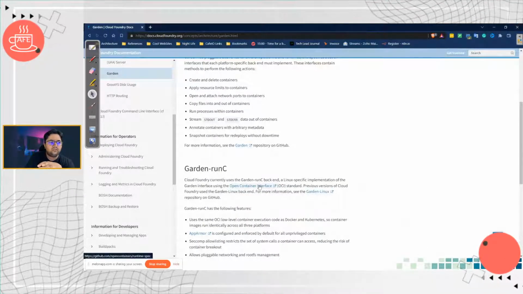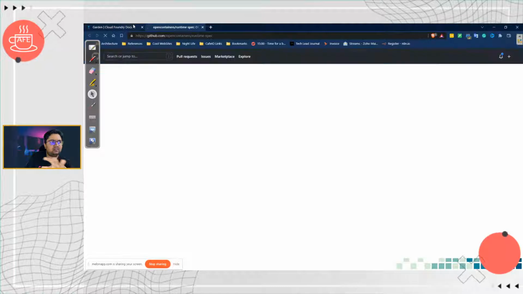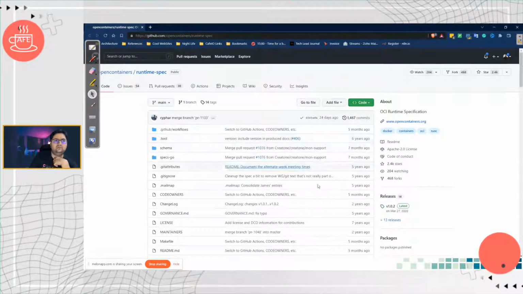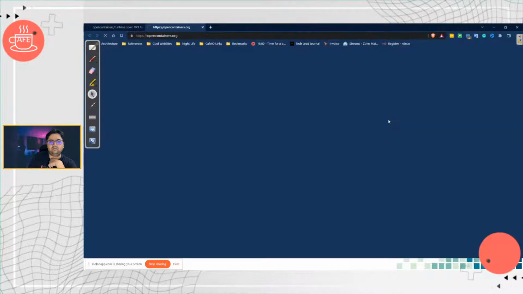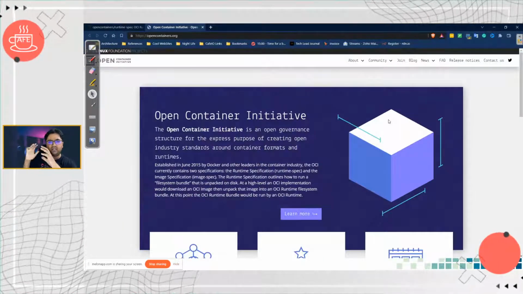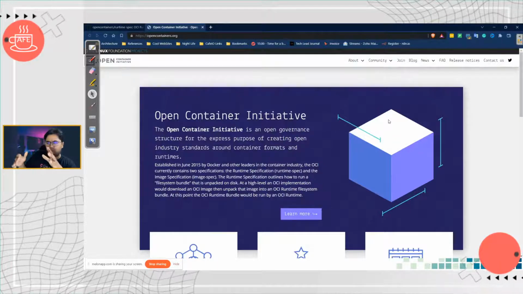Most of them follow the Open Container Initiative. OCI is the standard which governs all the container formats and runtimes, which is what Docker supports. So sometime back, Kubernetes said, I'm not going to support Docker exclusively. We'll do OCI.